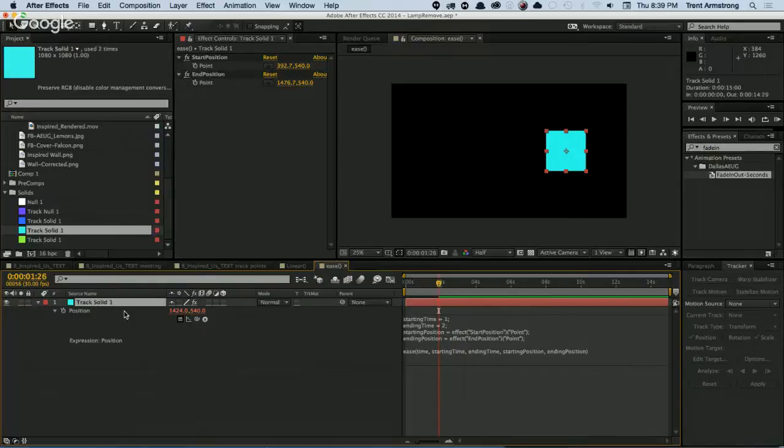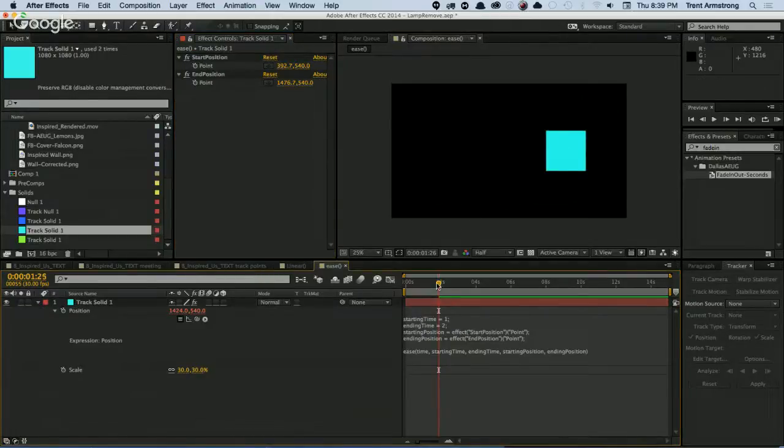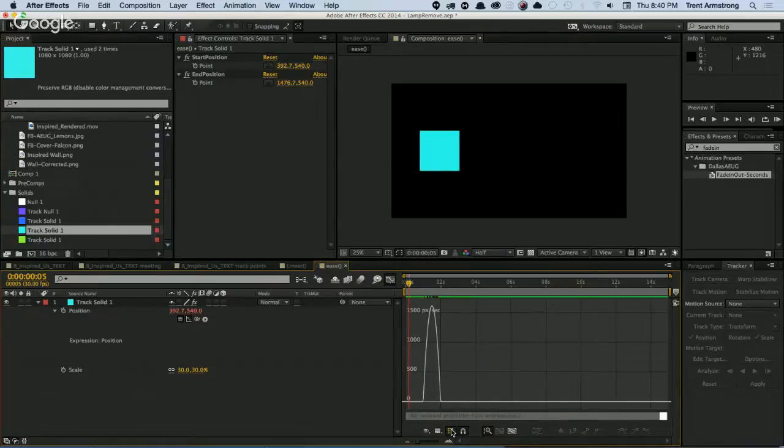So I have scaled this guy down, and scaling it down changes where these positions are in relationship to where they would be if it were at 100%. Let's say the animation preset was created. So yeah, could do that. So right now, we're just worried about having a starting position and an ending position. And we're going to take a look at this graph so you can see